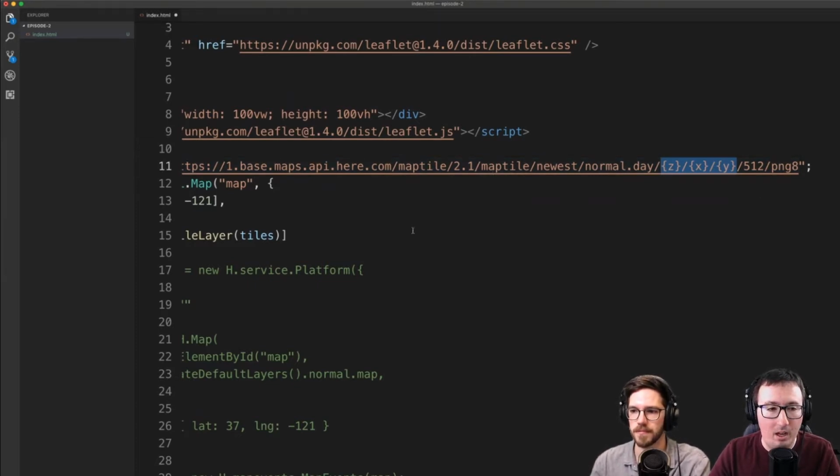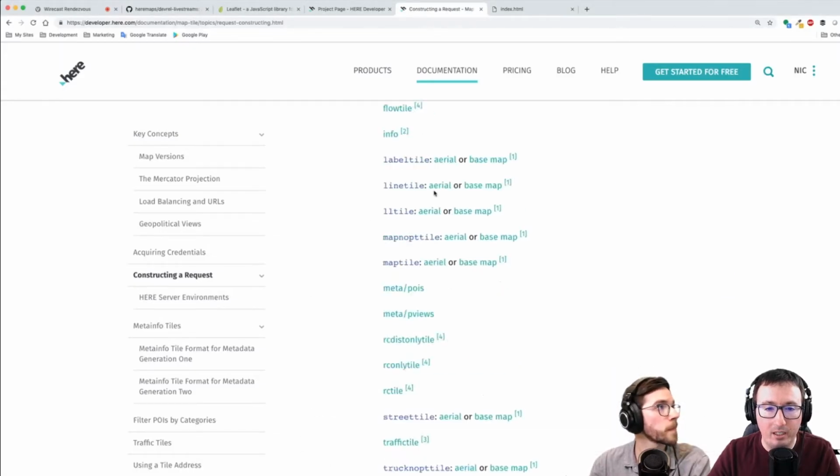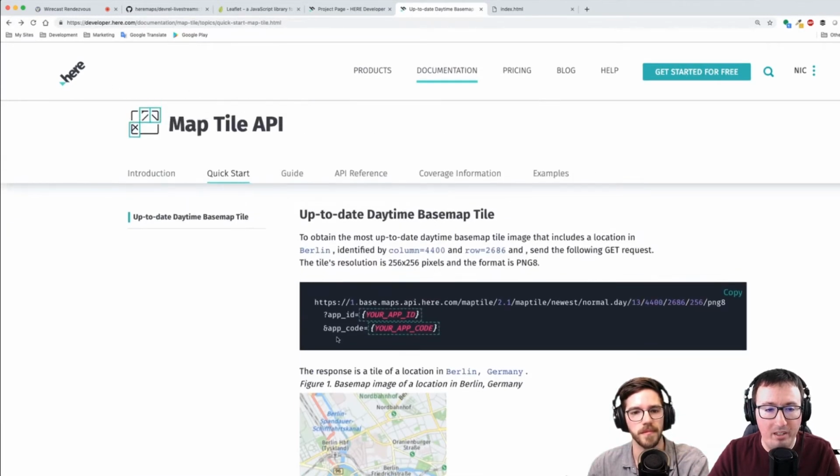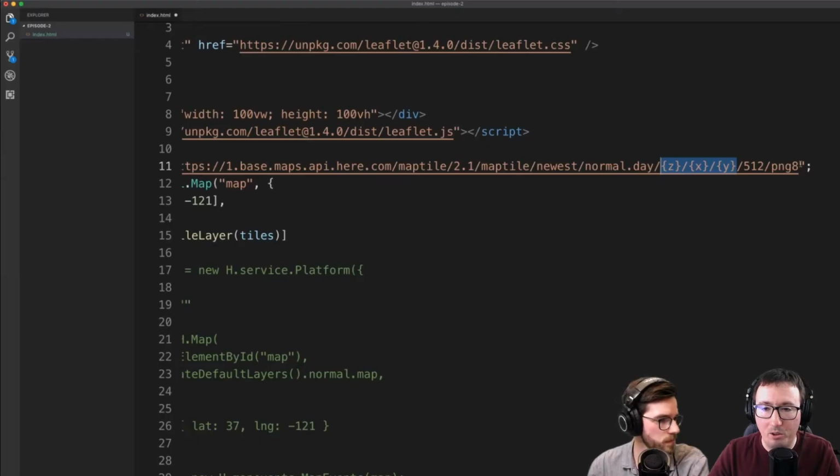map. We also want to add 2 more variables, because if we look at our API here on the previous page, it is expecting an app ID and an app code. So we do have to make some modifications. So the easiest way, I think, is to actually just say app ID